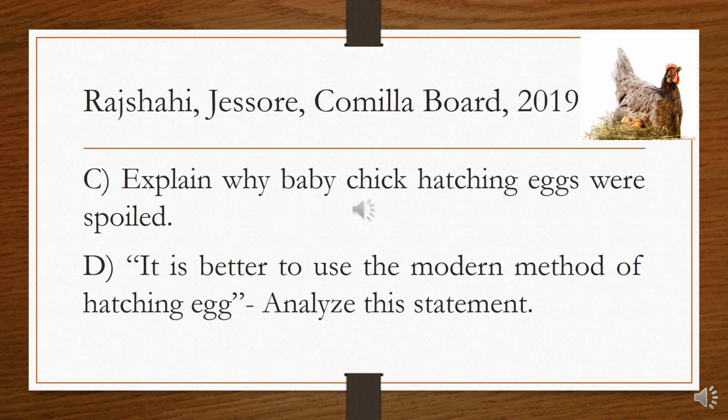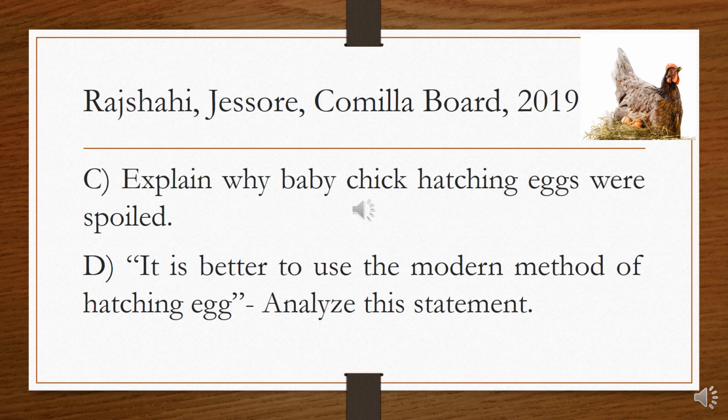Country hens, after laying eggs, become broody 7 days before and hence come to know to sit on the eggs. 8 to 10 eggs can be kept under such a healthy broody hen. In the first stage, a small basket or a ball can be filled with straws and dried leaves. From the stem, we can see that in the case of Korobi's grandmother, many more than the 10 to 12 eggs were kept under the hen. So, for this reason, the baby chick hatching eggs were spoiled.